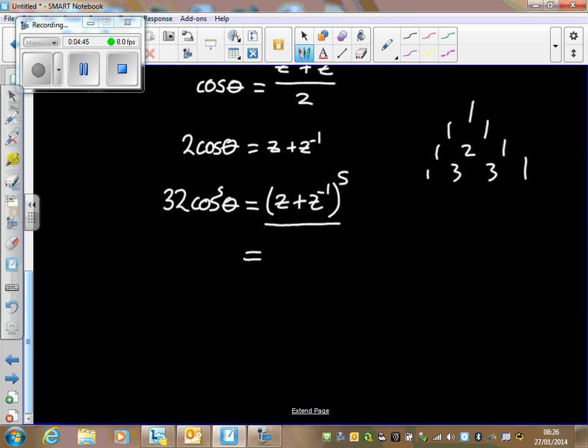Now, that doesn't become too hard. It's the 5th row, so 1, 1, 1, 2, 1, 1, 3, 3, 1, 1, 4, 6, 4, 1, 1, 5, 10, 10, 5, 1. Okay. So we get 1 lot of z to the power of 5. That's not a problem. And we get 5 lots of z to the 4, but we also get 1 lot